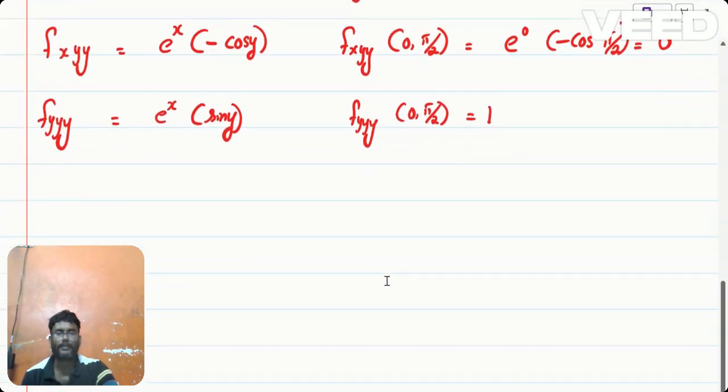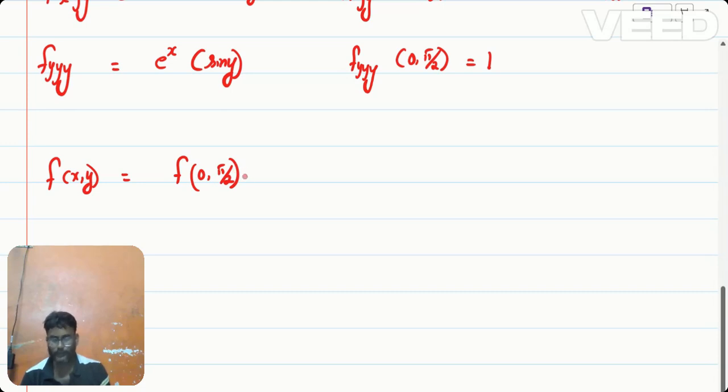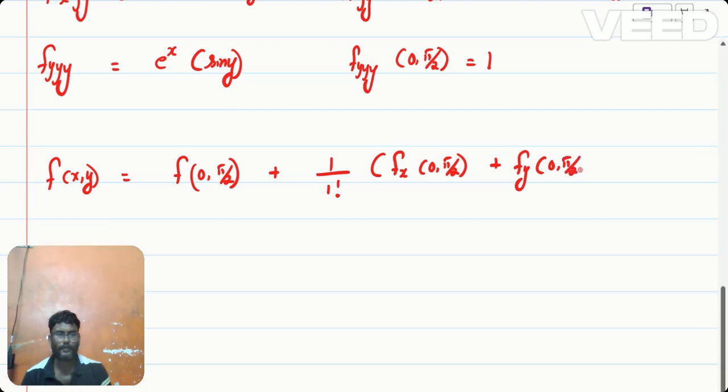Now we have to write the Taylor series formula, that is f of x comma y will be equal to f of 0 comma pi by 2 plus 1 by 1 factorial into f x of 0 comma pi by 2 plus f y of 0 comma pi by 2